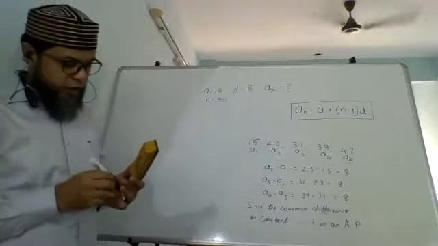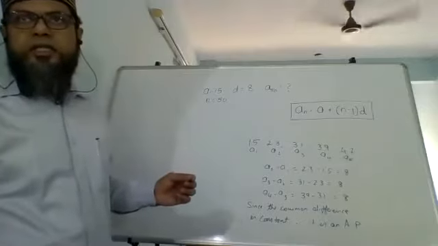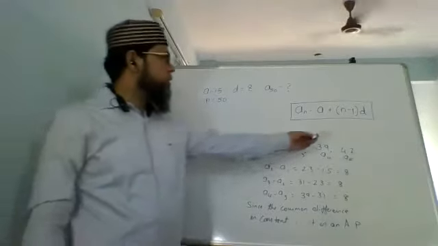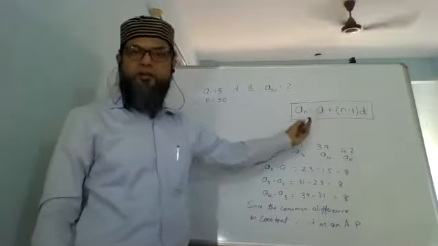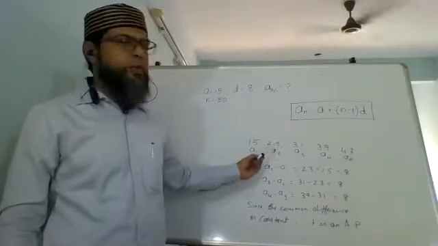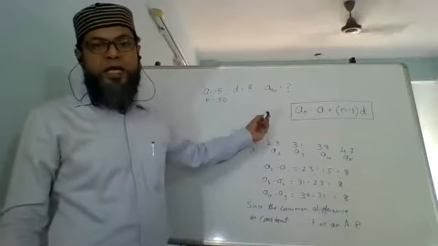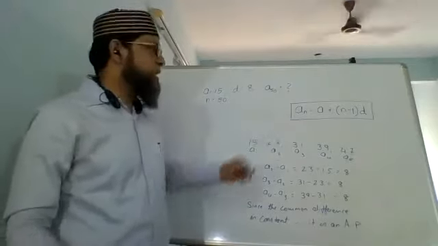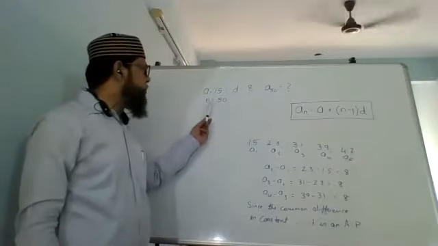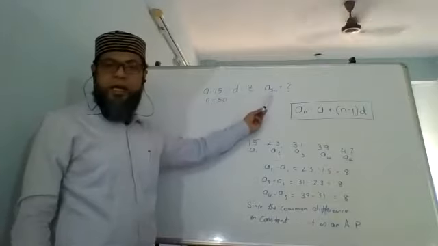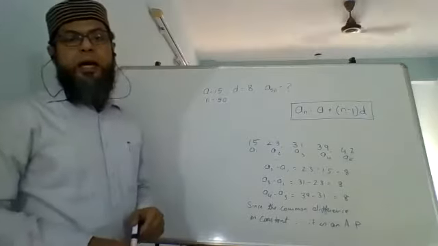The majority of the time, the places where you're going to make mistakes are very limited in this chapter. One is in D, you might make a sign mistake. We will see that when we do further examples. You had to take positive 3, negative, and took positive. That can be one place where you can make a mistake. Second major mistake that many people will make is supposing you have to find N or AN. When to find N, when to find AN, that is the only confusion that can happen.